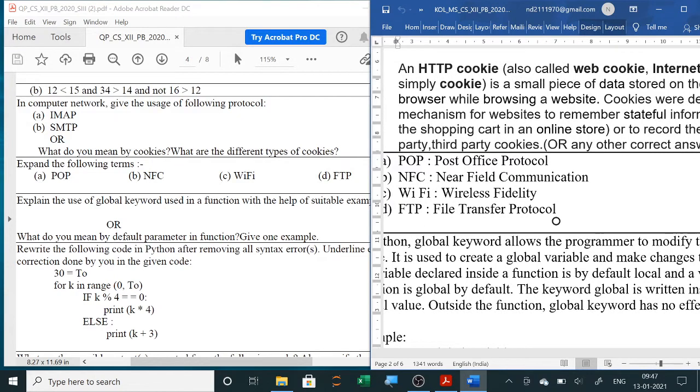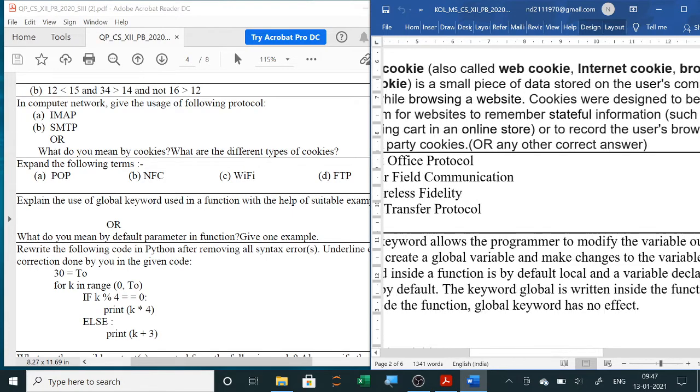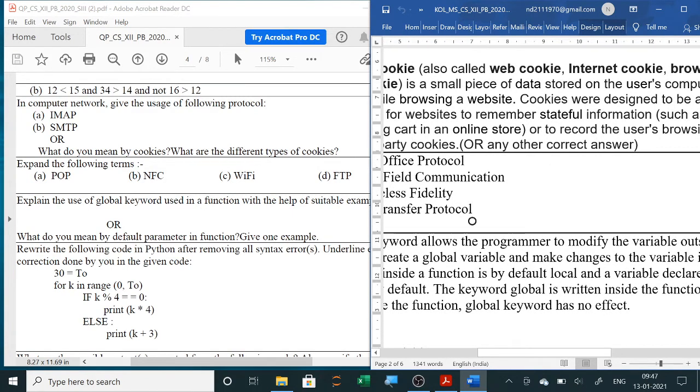So to help the user, these cookies were created. It is a small piece of data stored on the user's computer. Now what happens, suppose today I am filling a form, and while filling the form, in name I have entered my name, and in class, all the data I have entered. Now in my computer it is stored.